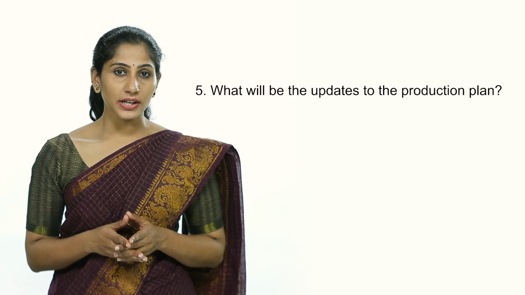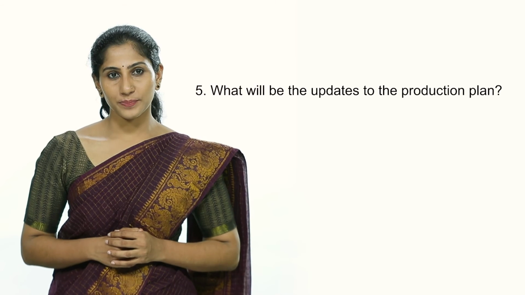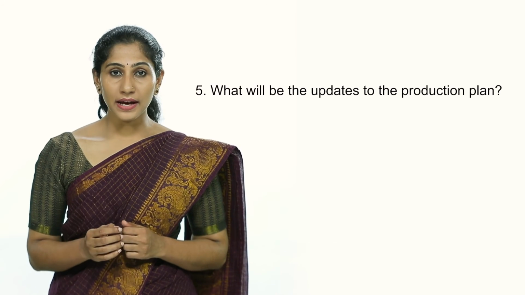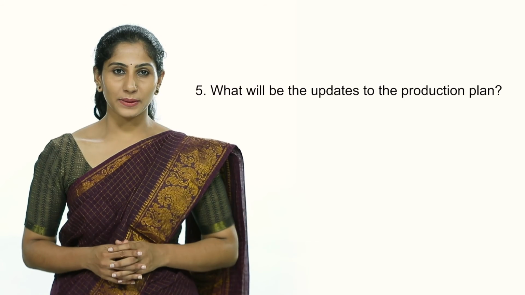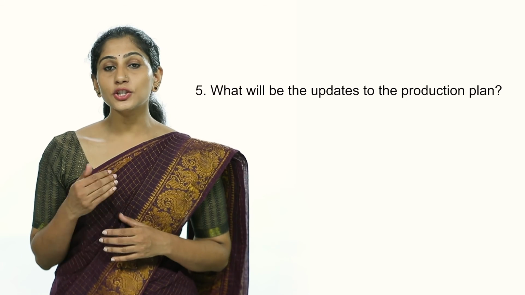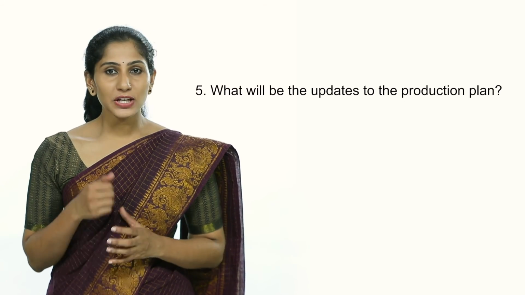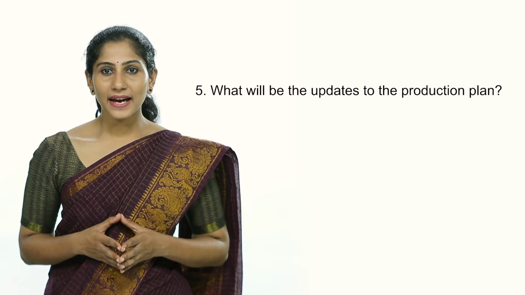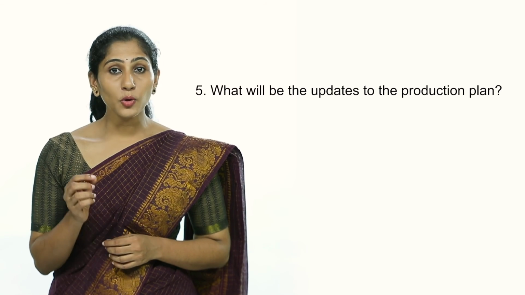The final question in the production section is, the new shop is expected to generate revenue equal to about 70% of the revenue from the existing shop. Hence, the daily production plan for the new location will not be as aggressive as the current location's plan. In the first few days, Ramu will get a good idea of the volume the new shop can sell. He will then make appropriate changes to the production plan. Changes in the production plan are likely to be about how much non-perishable raw material Ramu needs to buy and how frequently.